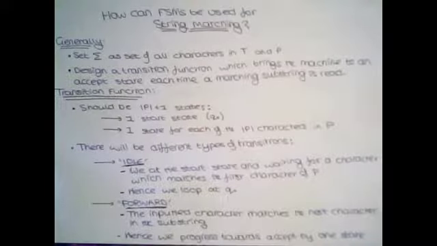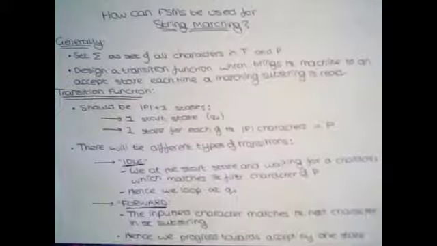Here are some tips on the transition function. There should usually be |P| plus one states: one start state Q0, and one state for each of the characters in P. There will be different types of transitions. I like to give them the following names. Idle: this is when we are at the start state and waiting for a character which matches the first character of P, hence we loop at Q0. Forward: this is when the inputted character matches the next character in the substring, hence we can progress towards accept